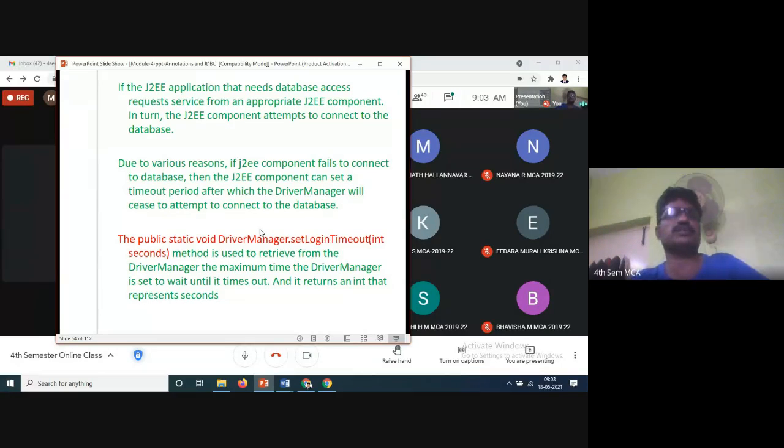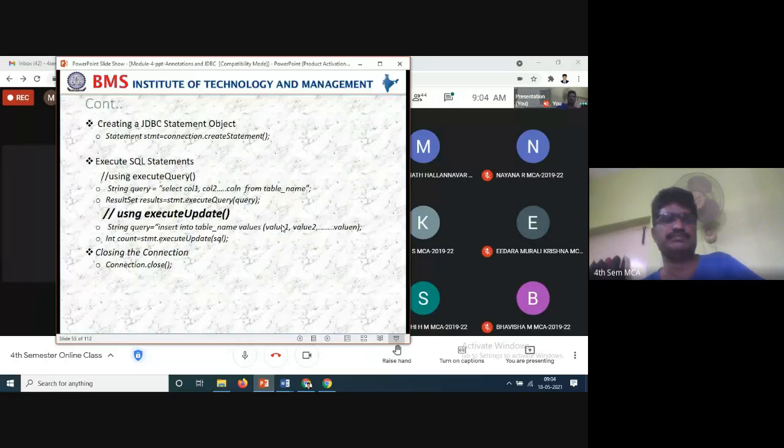Even sometimes when one is trying to open a page, it will sometimes stop. Then you will get a reload option, and if you click reload or refresh, you will get your page. So here also the same thing, maximum time, that is the reason. Otherwise, the connection will just be stopped and the exit will not be happening.